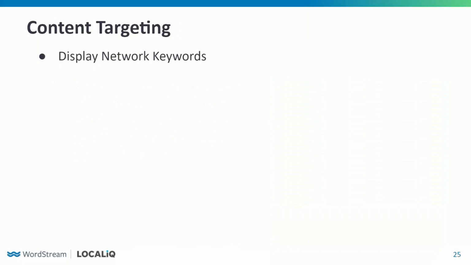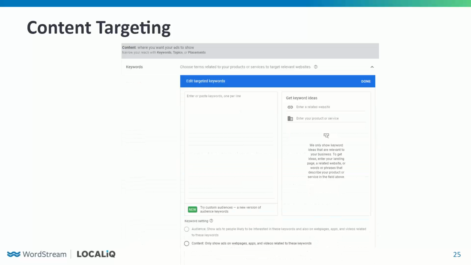So similar to how you can target who you want to show to, you can also target where you want to show to, hence content targeting. The first type of content targeting option is the display network keywords, which is where you choose keywords to add to your display ad group that you imagine could appear on websites where your customers might browse. Let's say, for